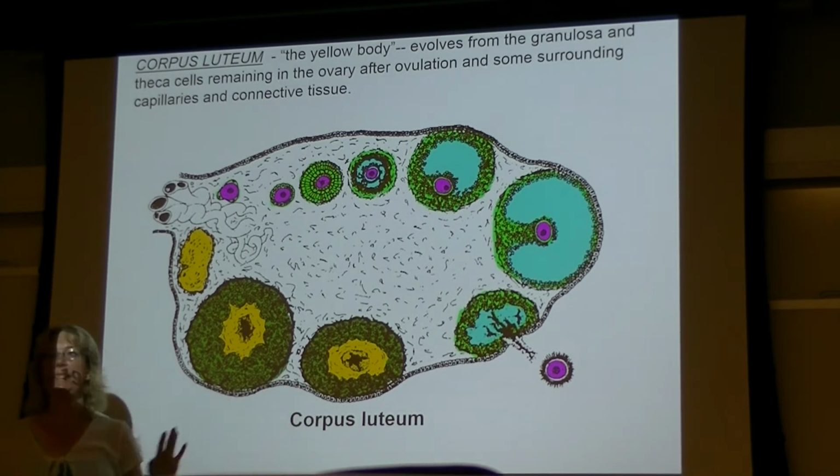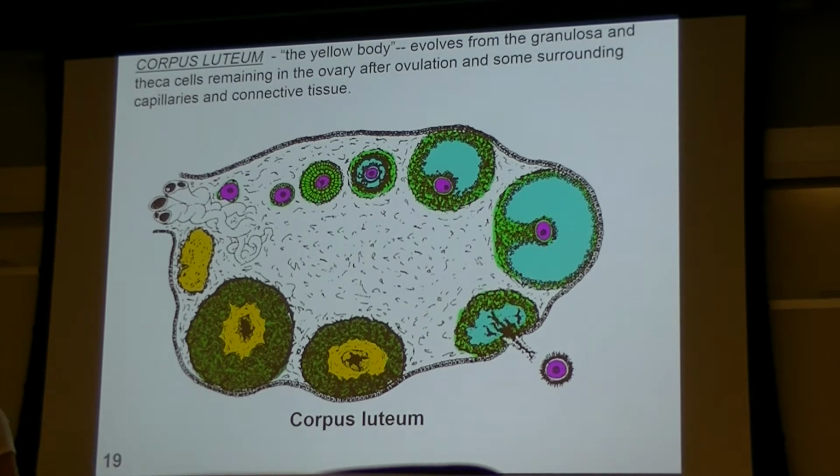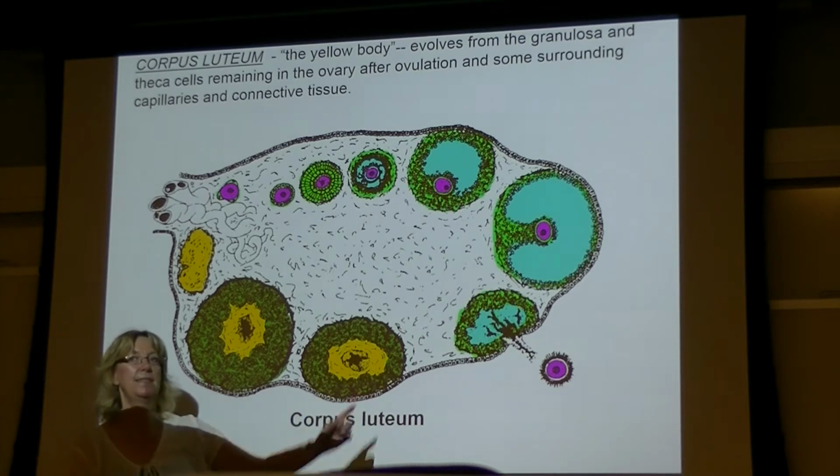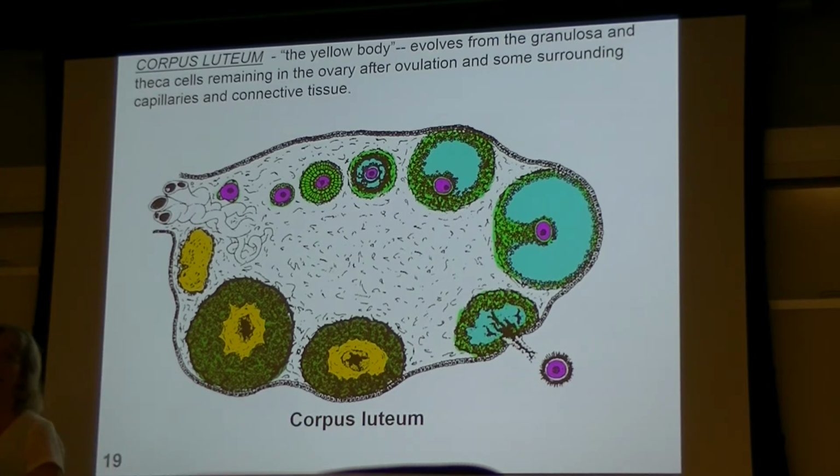And so this then gives a waiting period. Well, the body says, okay, we have an oocyte on the table. Let's wait and see if it gets fertilized. And let's keep the reproductive tract in a state of readiness so that if that thing gets fertilized, it will be able to implant and become a fetus. So these corpus luteum structures will persist after ovulation for about a week or 10 days. And then if nothing happens at that point, the cells begin to die back, and